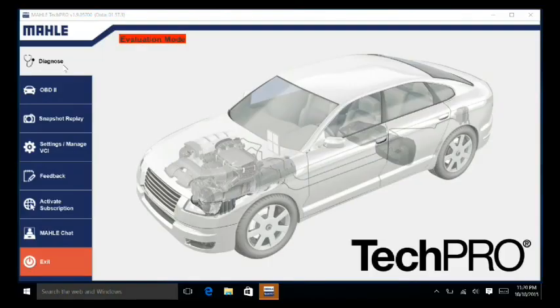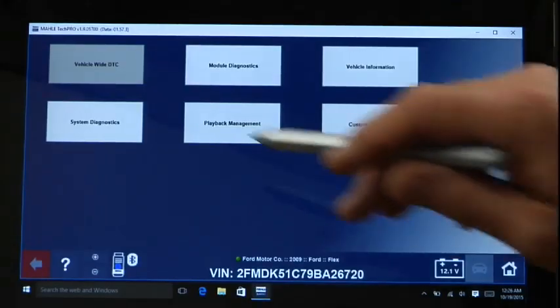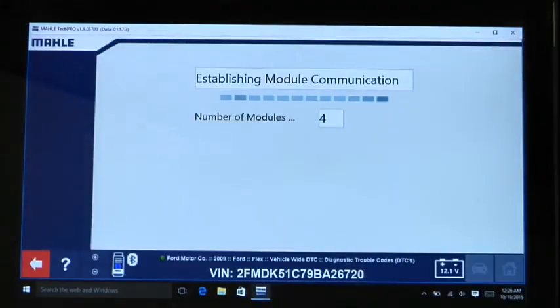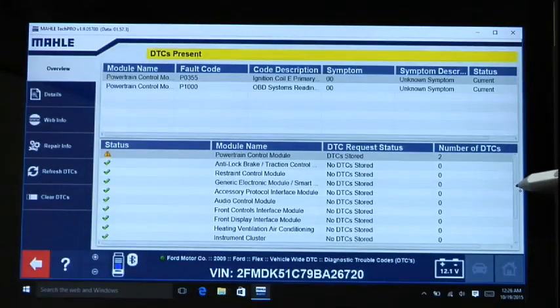It's connecting Bluetooth to the vehicle communication interface. So we're going to go into the all system scan, what Molly calls the vehicle-wide diagnostics. So you can see how quick it is. It's running through, checking all the modules on this 2009 Ford Flex. And very quickly, it's checked all